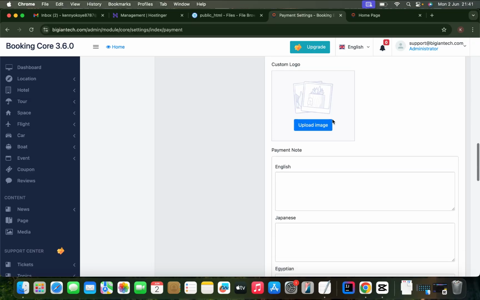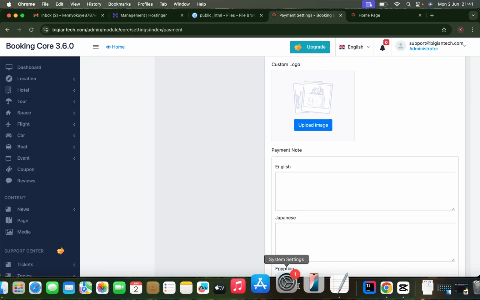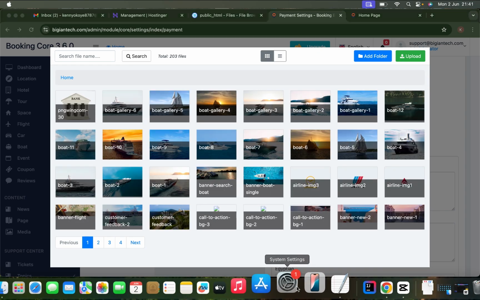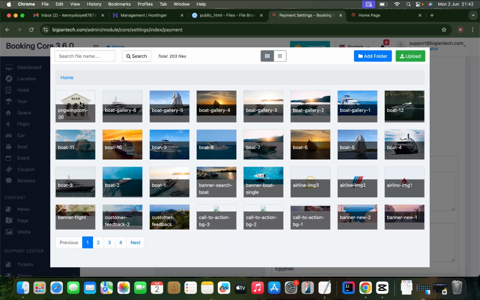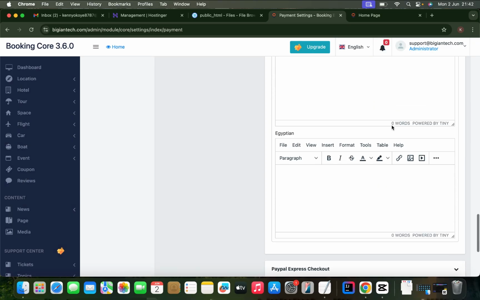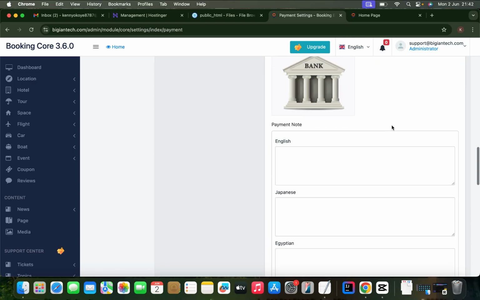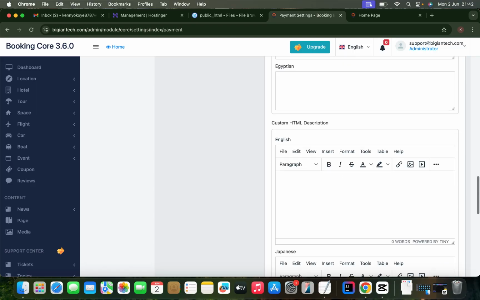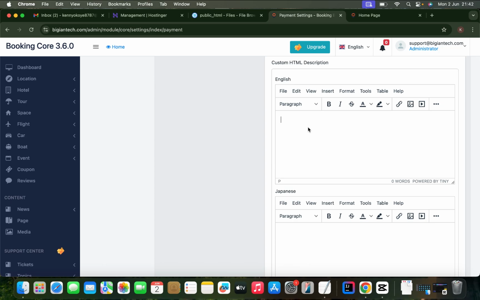offline payments. Enable offline payments. You put in a logo. Let me upload a logo. Once you click upload, next section you click upload here. So I've uploaded it. So I'll just select it and use this file. Now you can see. So let me just say this should be bank transfer. This is offline payment. I'll say okay,